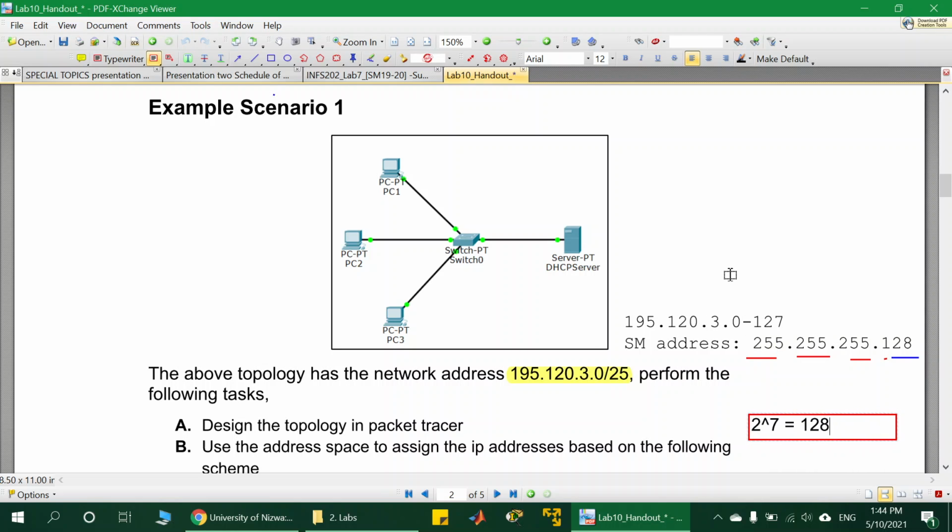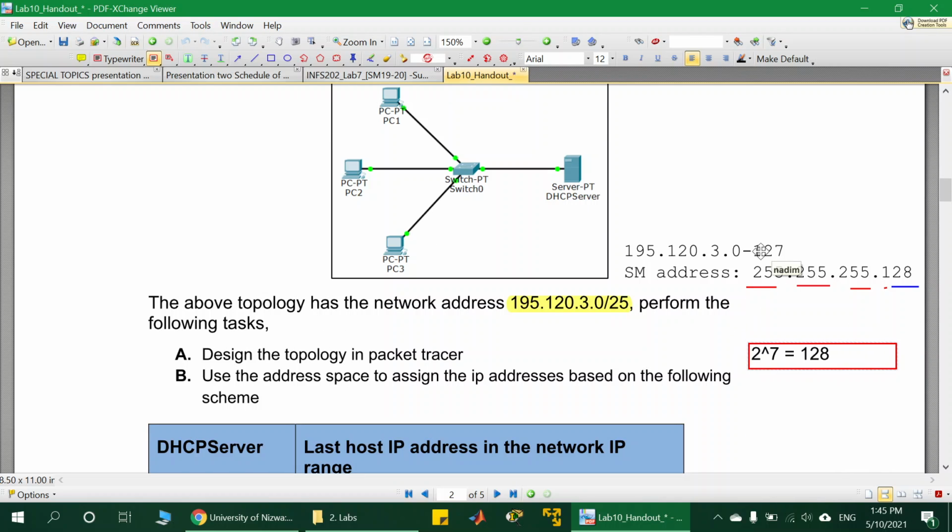So in other words, the IP address range starts from 195.120.3.0 and then .1, .2, .3, .4 all the way until 127, which is the last IP address in the range. Clear? So this is how we obtain this information. It's very important, and that's basically the first procedure you need to think of